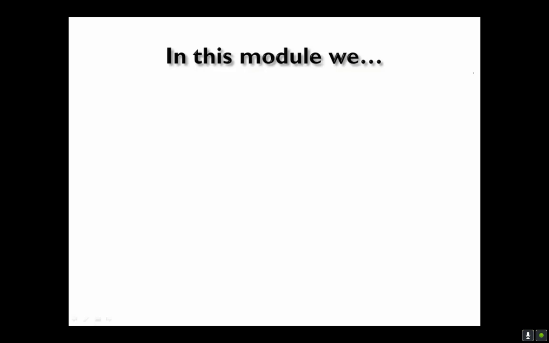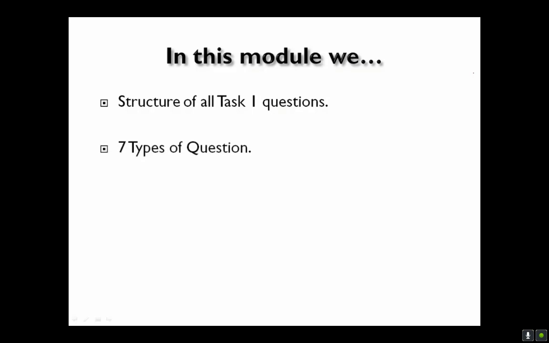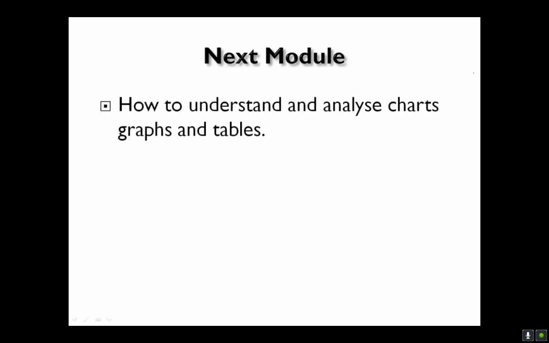So let's review what we did in this module. We looked at the structure of all task 1 questions. We looked at the 7 different types of question. We looked at the official marking criteria, and then we simplified the marking criteria by looking at lots of things that you should do and you shouldn't do for each of the 4 criteria. And if you do those things and you don't do the other things, you will get a 7, 8, or a 9. So in the next module, we're going to look at how to understand and analyze charts, graphs, and